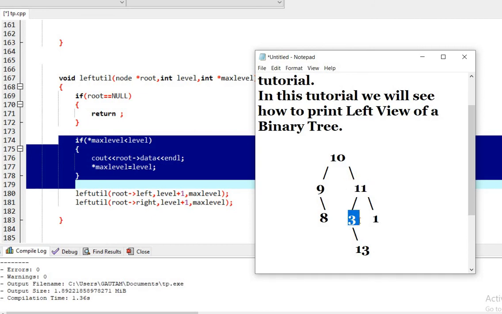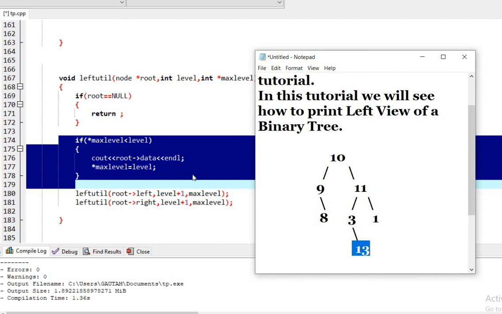Here also max level will not be less than level, which will be false. Then it will come to 13, that is root arrow right. Here max level will be less than level, right, and it will print the data. So this way we can get our left view of a binary tree, that is 10, 9, 8 and 13.